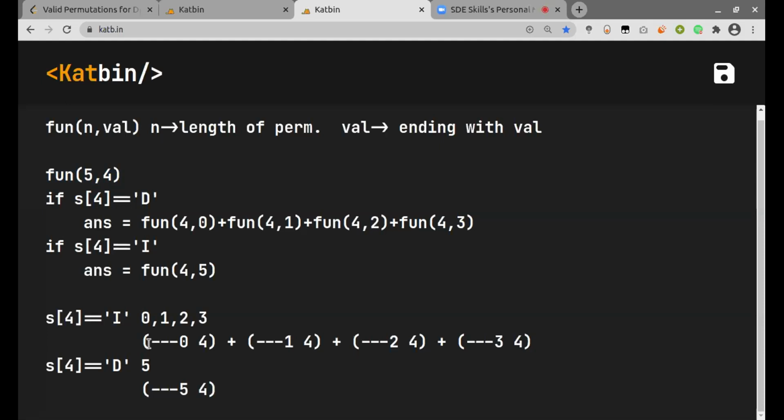Now, after we get this equation, we need to somehow check how to construct the given string itself. The reason is this does not make sense: we need a 4 length permutation ending with value 5 here, which is this.